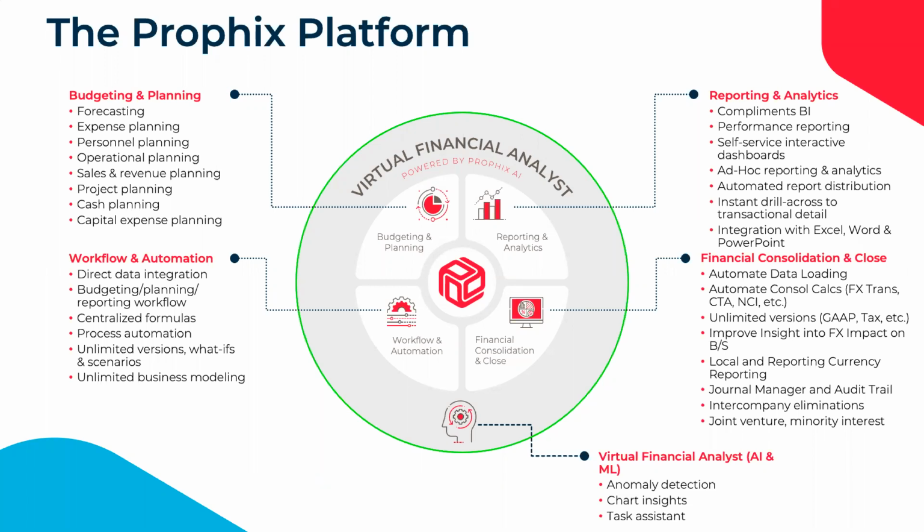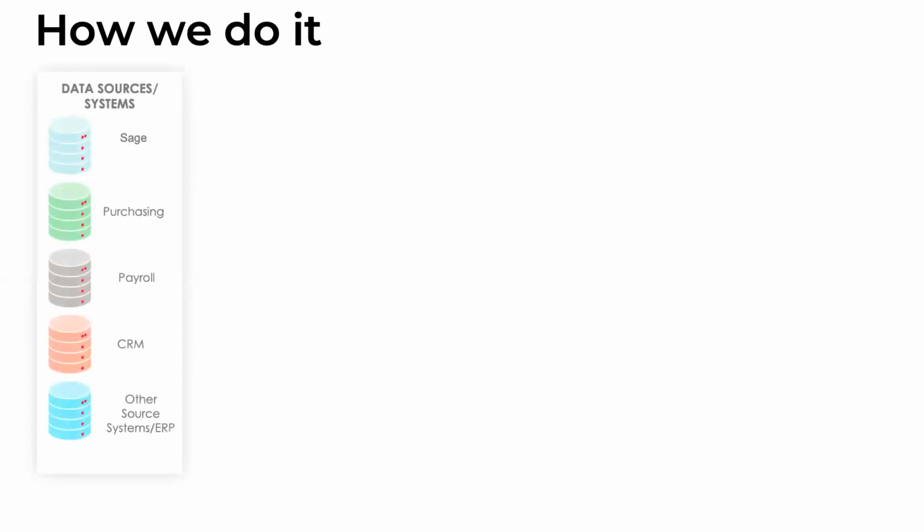And then the final piece I've already talked about, which is the virtual financial analyst and our work with AI and machine learning. But we are the first to market with AI capability in the product today, as it relates to automated analysis of chart and report data, as it relates to natural language interaction, the ability to ask questions of Prophix, even in a Siri and Alexa style way, using natural language to surface information, to make it even easier for non-finance users to get value out of the data. So again, just Ray, I think I'll be handing over to you at the end of this slide, but